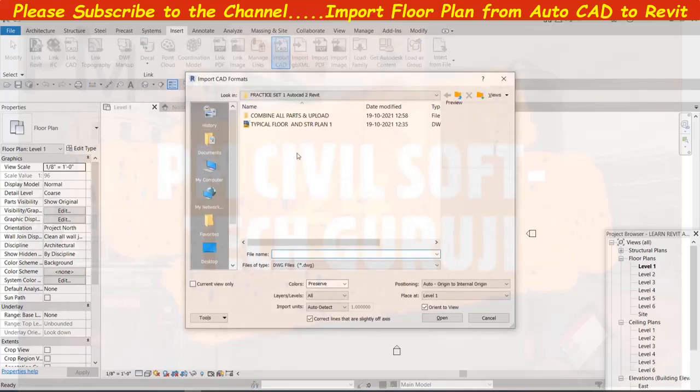Click here. Already make one folder in which you will keep your AutoCAD file. Here click OK. Nothing else to do, just click on the file and open.